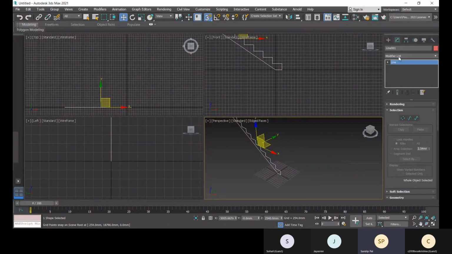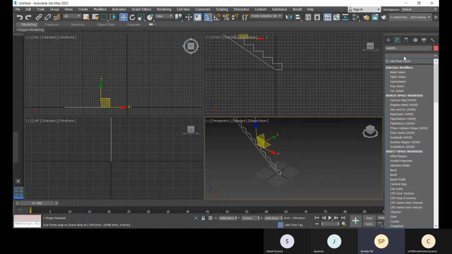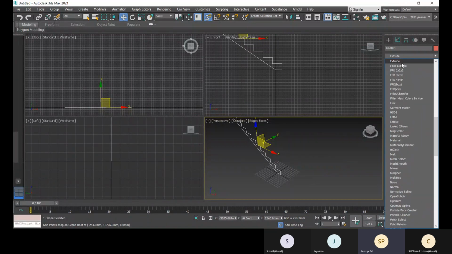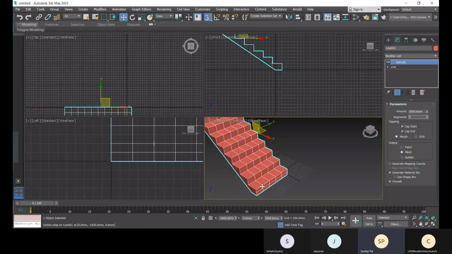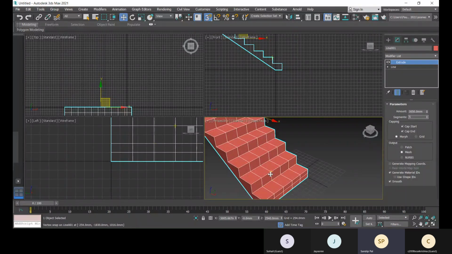Now go to the modifier option, and then you can give extrude. In the modifier extrude, you can provide the run length for your stair, so that it can be provided 3050 mm. You can provide segments if required.